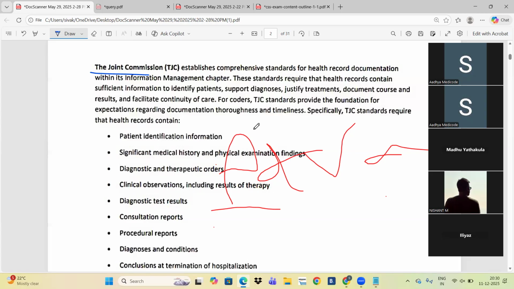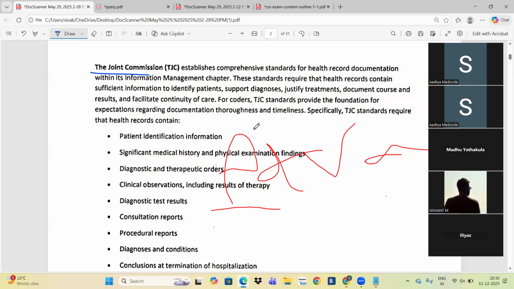So first concept, TJC, the Joint Commission. This Joint Commission establishes comprehensive standards for health record documentation. Some standards they set for the health record documentation. What are the things we need in the health record while we are going to code? What is the complete documentation?